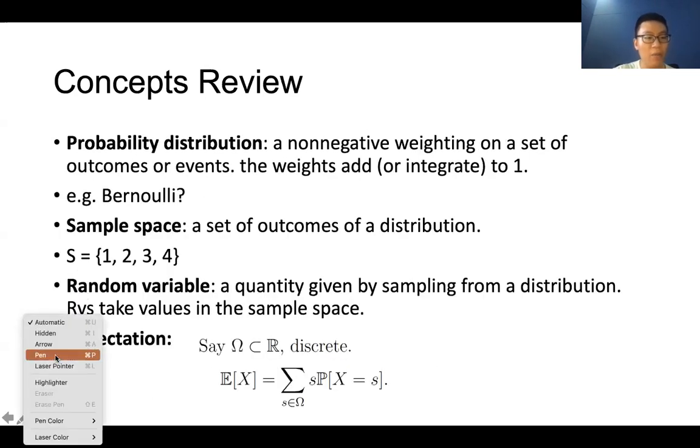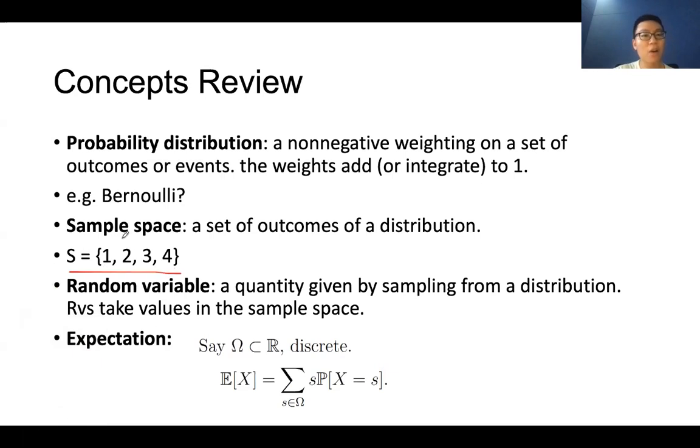But here you can see that there is a 1, 2, 3, 4. The combination of 1, 2, 3, 4, these sets should be another sample space, right? Also, you will have another set, like this one, which should also be a sample space, right? You can just think of all the possible values that a random variable could take, and those combinations of possible values should be a sample space.